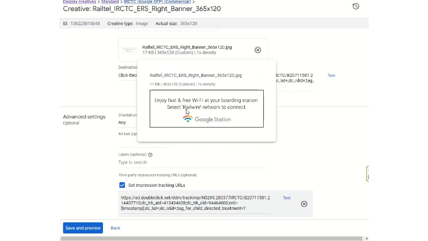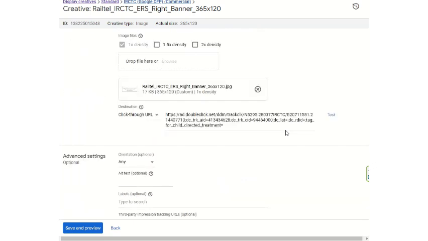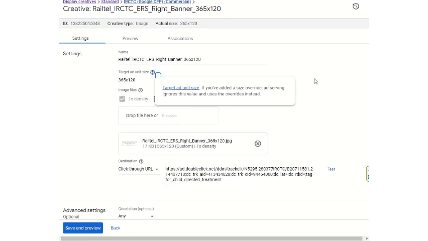This is the creative, enjoying fast Wi-Fi at Google Railway Station. So this was run. As you can see, you can also see the creative details: the target unit, the ad size, which ad size was added,